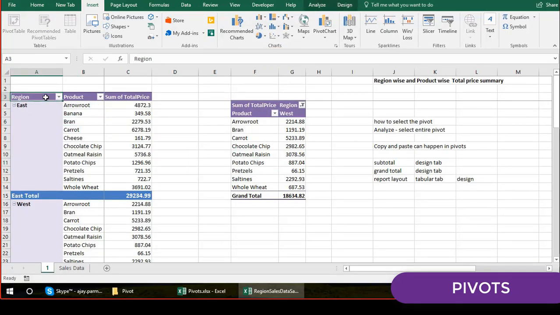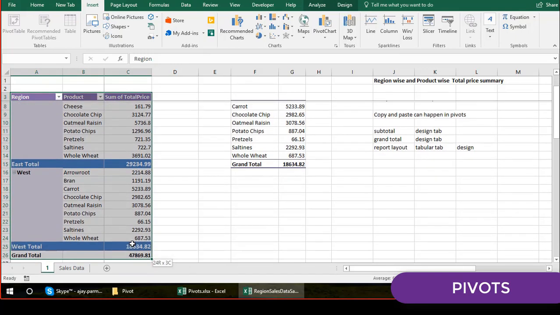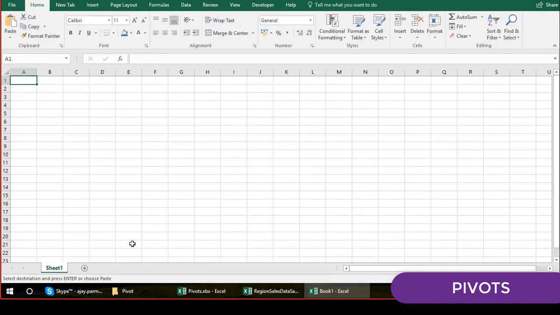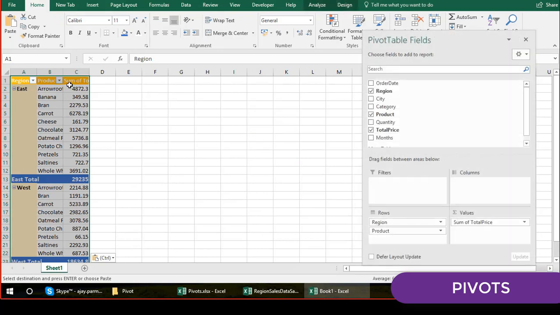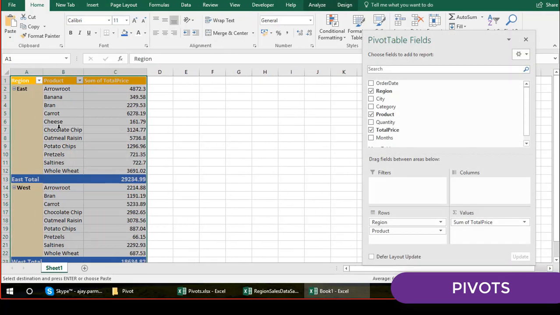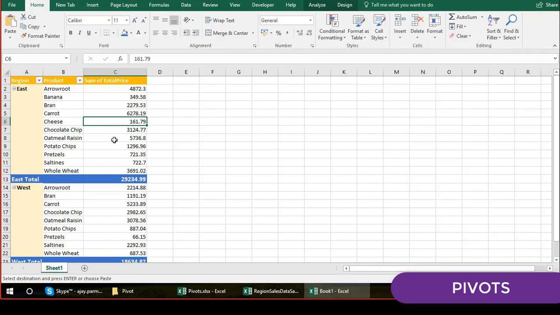If I copy this entire pivot, go to another workbook, paste the pivot, I don't have the data with me right now, and I send you this file, will you be able to use it? Of course you will be. A pivot does not require the data. Okay, data can be with you, no problem. You know the reason? Because the pivot stores the data within it.